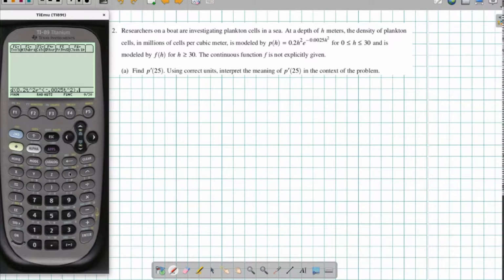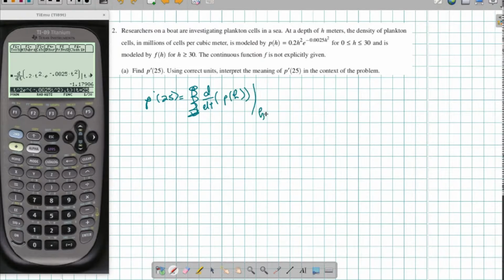And I want to differentiate this with respect to h, and I want to do this at h equals 25. And so when I do this, I find out that P prime of 25 is equal to the derivative of P of h at h equals 25, which is negative